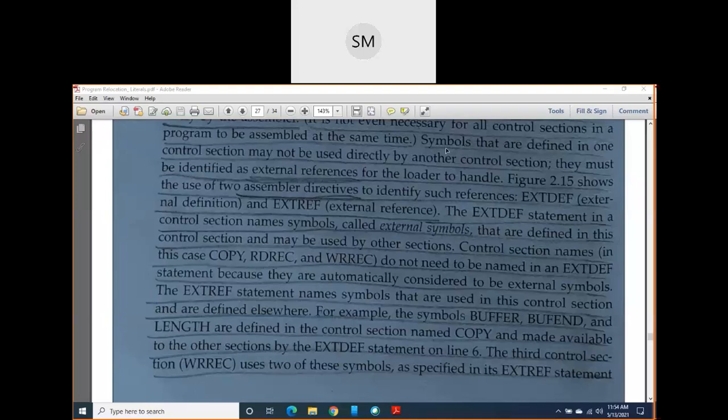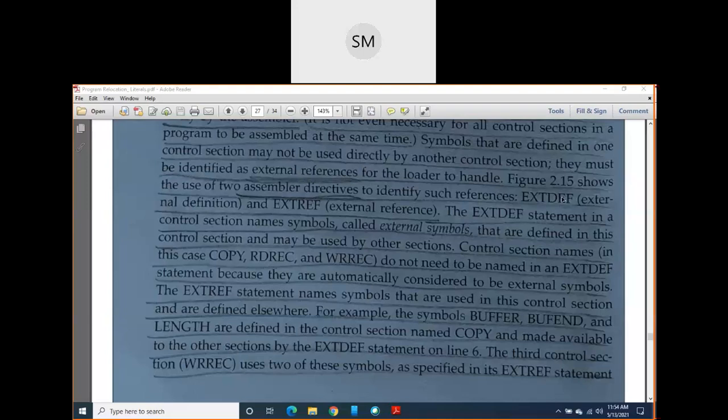So they must be identified as external references. I will explain everything, don't worry about all these things, I am just reading. For the loader to handle, such symbols are called external references.